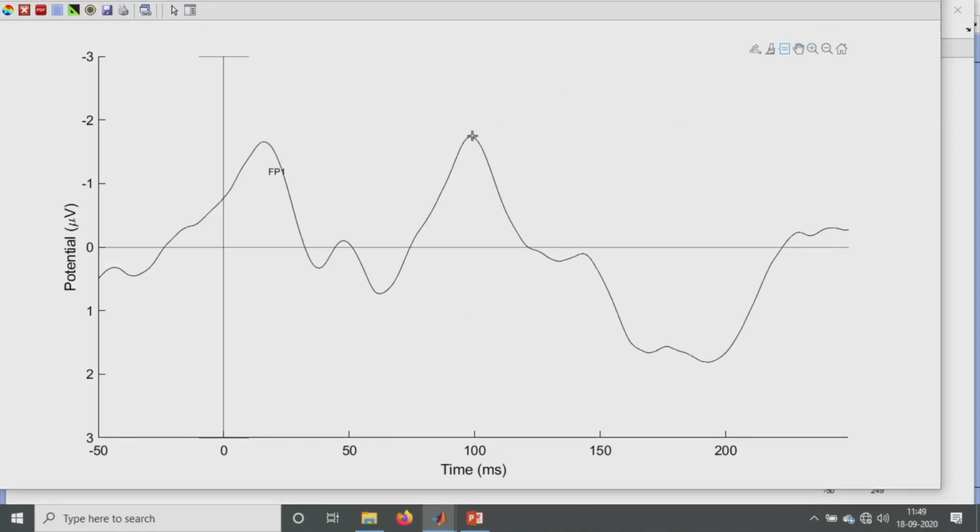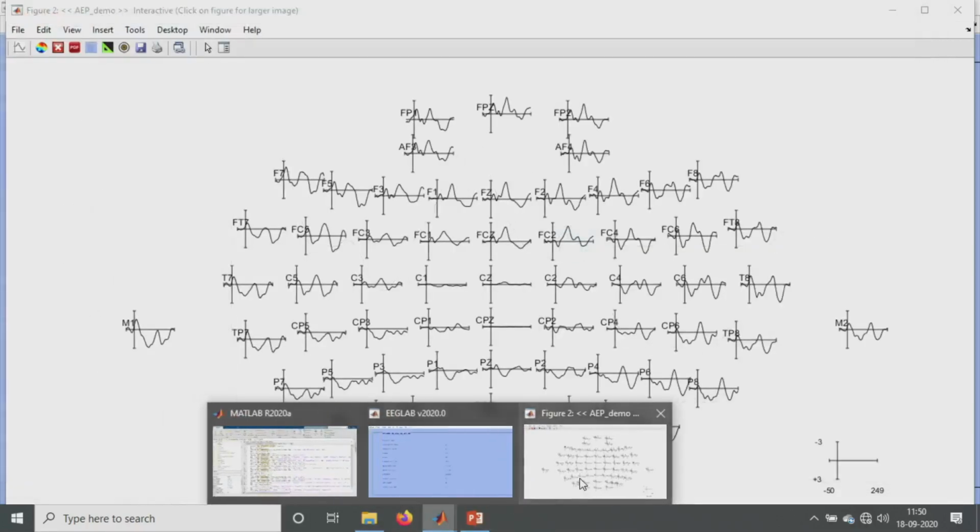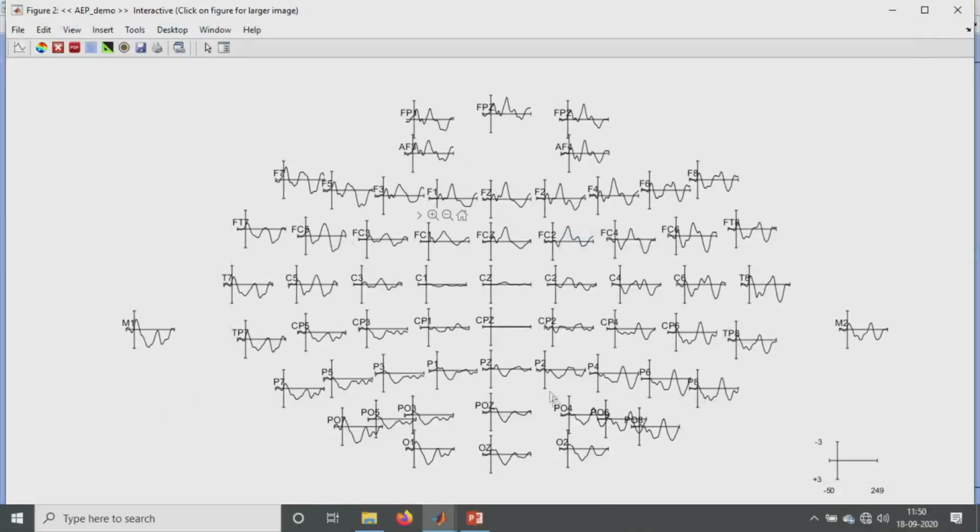This is the proper N1 peak, correctly at 100. Here we have the P1, the preceding one, and the next one is the P2. Like that we can visualize each channel.